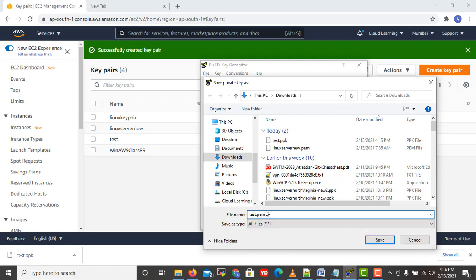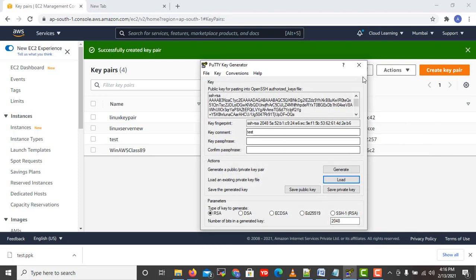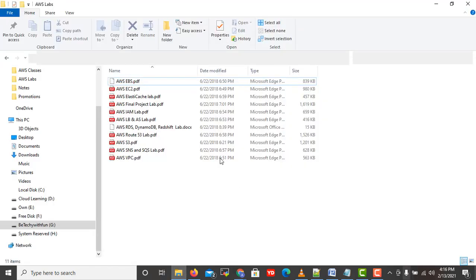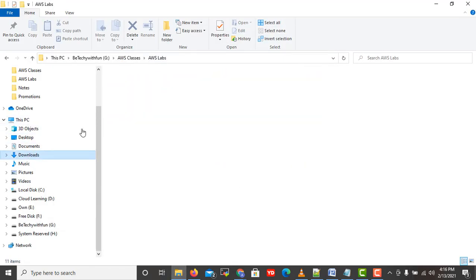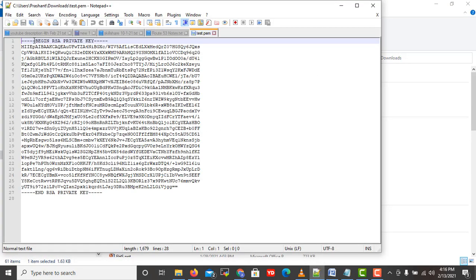as test.pem. Rather than PPK, now we are giving the extension PEM. I can use this, and this PEM file will be in the correct format. To confirm that, if you go to Downloads and open this file in Notepad, you can see the content.